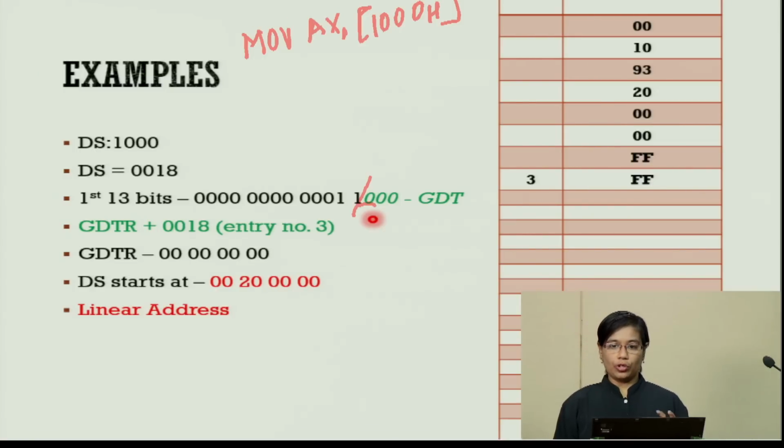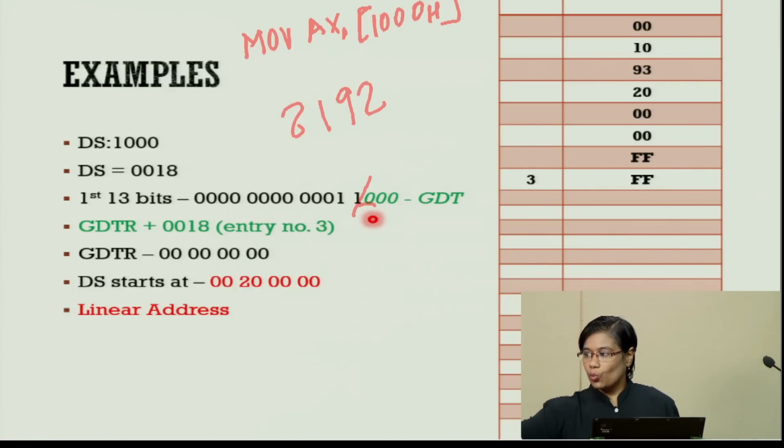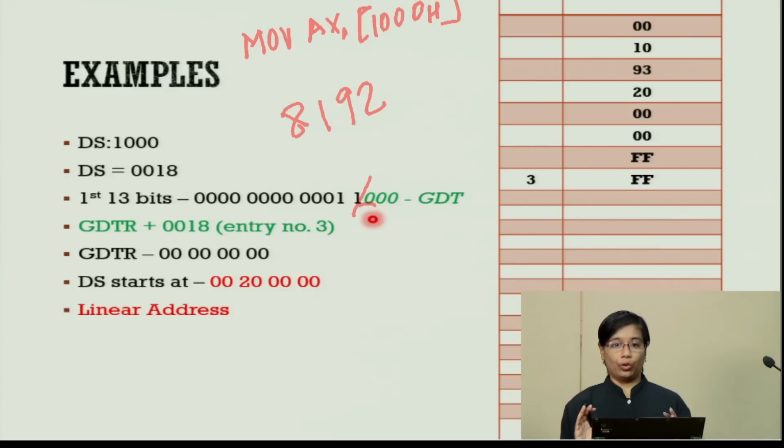So now what we have to do is figure out what entry number in the global descriptor table, because the global descriptor table has 8192 entries in it. Which of these 8192 entries it is going to be is what we will try to figure out from this 13-bit value. If you look at this 13-bit value, you will see that it is equivalent to 4 zeros, again 4 zeros, 001 followed by a 1. So this is equivalent to entry number 3.